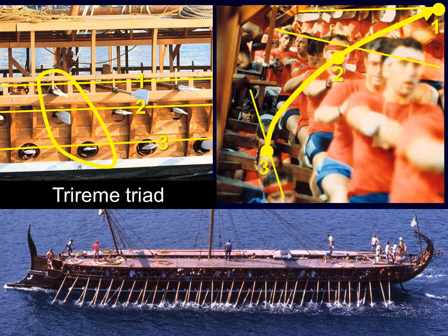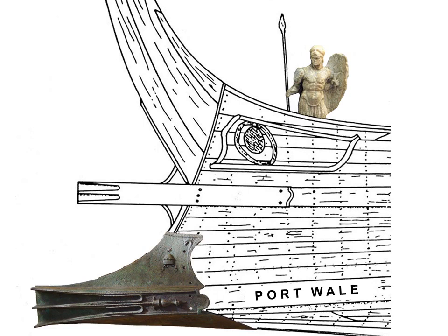The key to this missile's warhead was its ram. And it can be deduced from this weapon, from a slightly larger ship than a trireme, which was found in Atlit Bay, south of Haifa, off the coast of Israel in 1980. The Atlit ram, as it's called, weighs 1,028 pounds, is made of a very high-quality bronze, 9 parts copper to 1 part tin, and preserves inside its hollow casting a web of 16 timbers that once connected the ship's bottom to the warhead. The ramming timber, which is there,